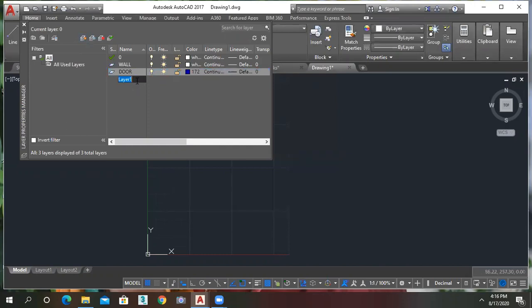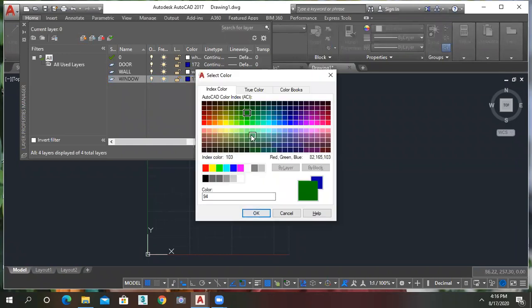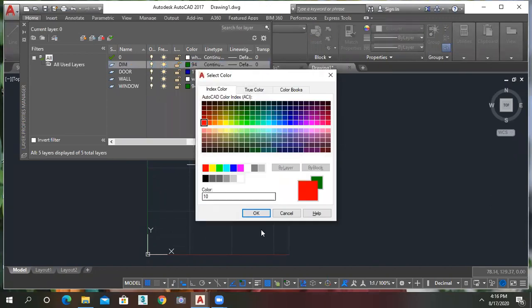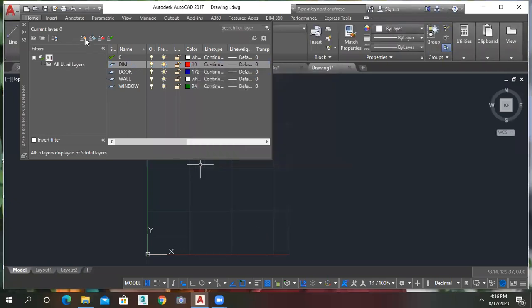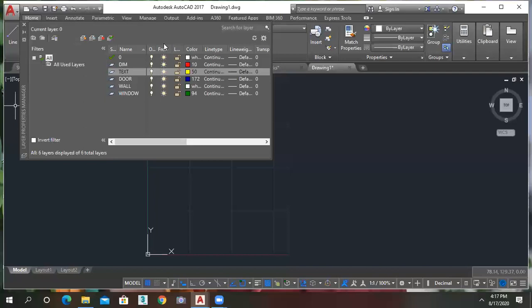Add one more layer and call it door, and give it a color. Add one more, window, and give the color. One more for dimension, with a color, and one more for text, and change the color. In this way, I created a number of layers before going to the plan.